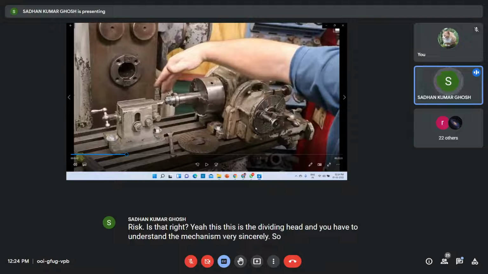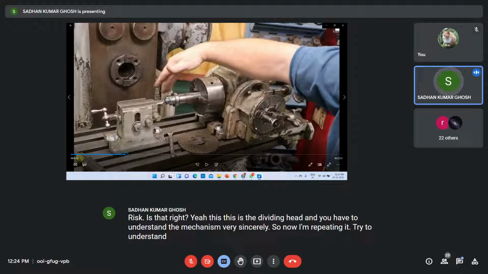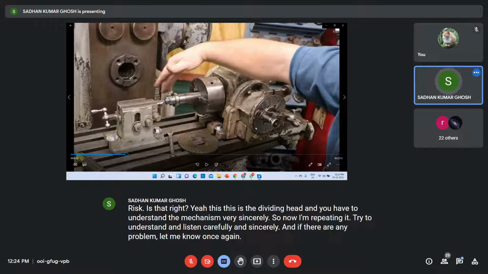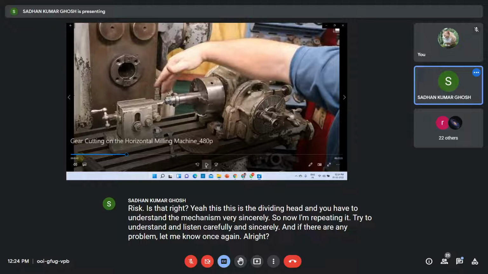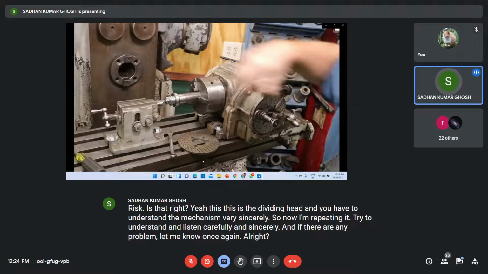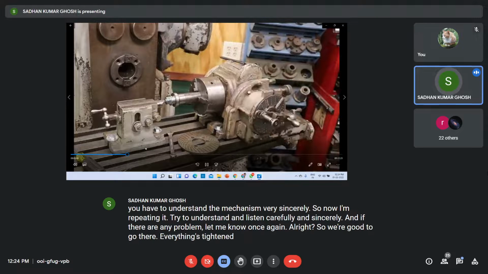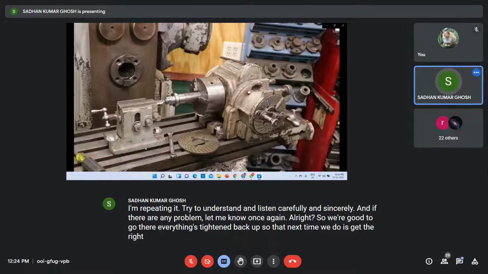So now I am repeating it. Try to understand and listen carefully and sincerely. If there are any problems, let me know once again. All right? In line, so we're good to go there. Everything's tightened back up, so that's done. Next thing we need to do is get the right index plate in here for cutting 27 teeth.